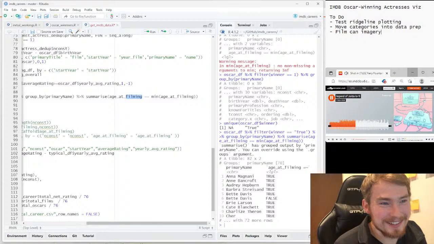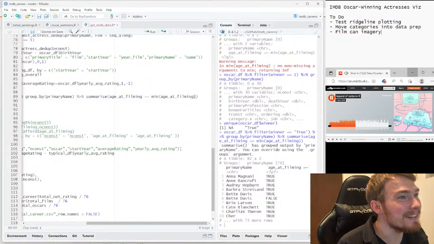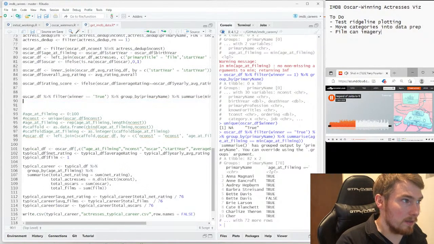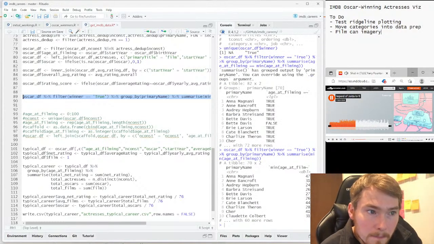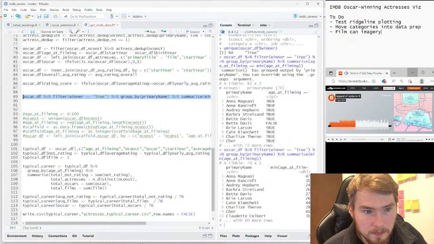Okay, so it's saying, what was the age of filming? The minimum age of filming. I don't want that. I just want to know what the minimum age of filming was. There we go.